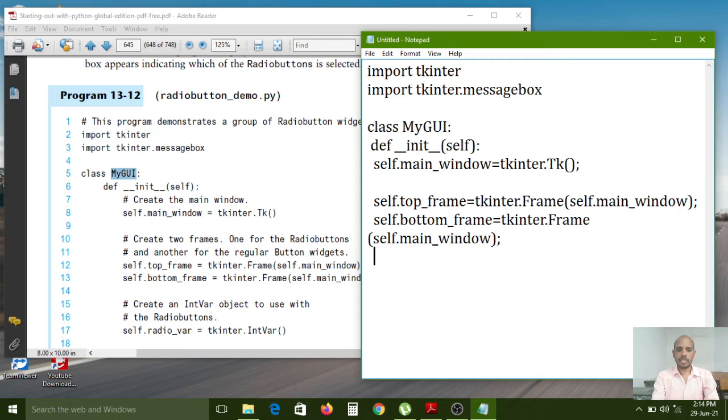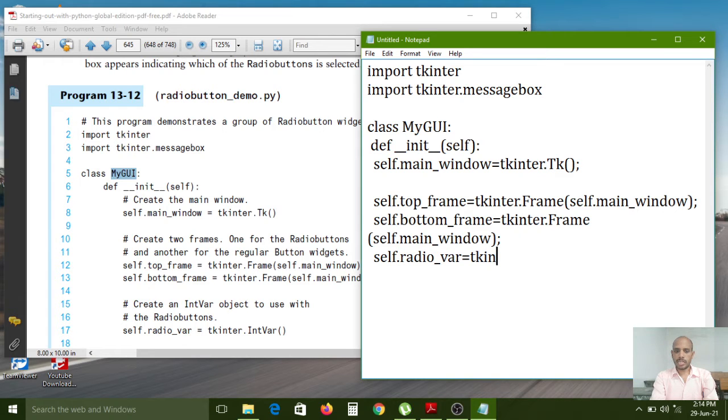Now I want to create the integer class object. I want to create the radio variable, self.radio_var. Create an integer object to use with the radio buttons. So for that integer creation I am doing. Along with radio buttons, an integer we have to use now.